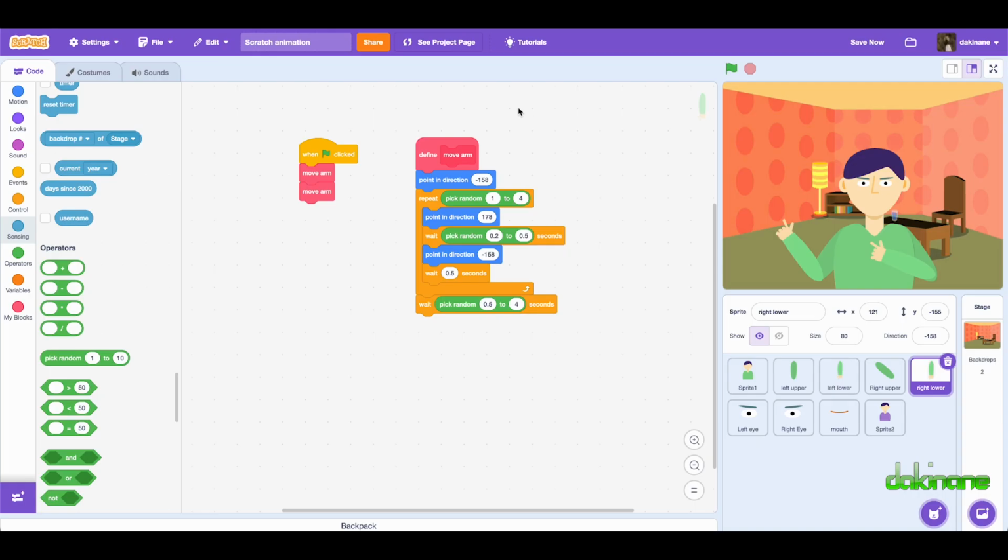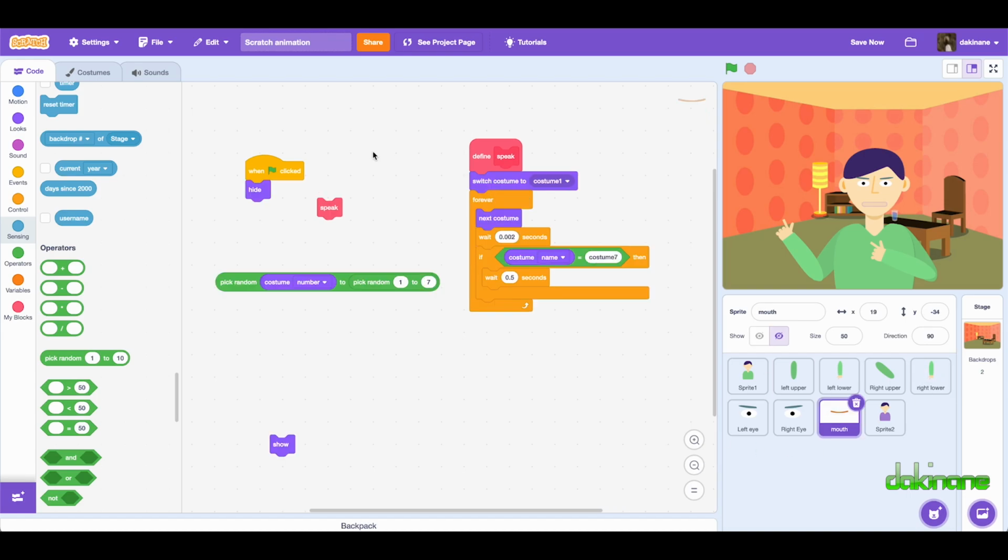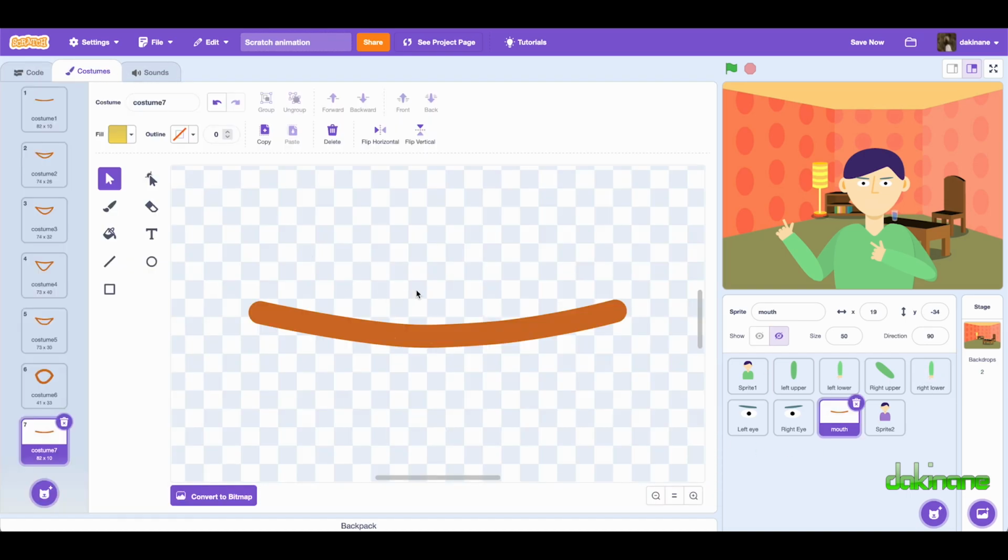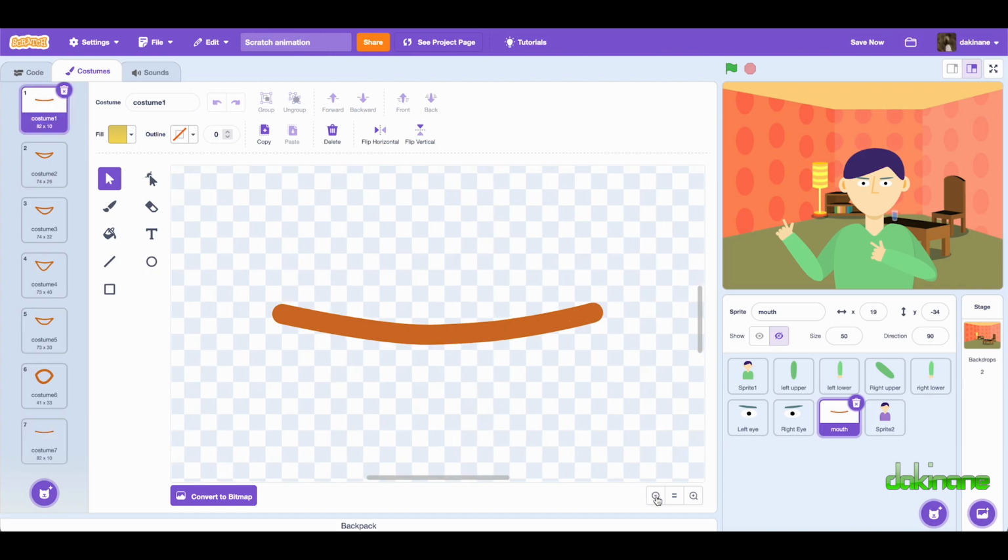So let's move on to the mouth animation, and that's going to work in exactly the same way as the eyes, although syncing this with speech is going to be a little bit more challenging, so maybe we'll just gloss over that. Click on the mouth sprite here, click on the costumes, and you'll see that I've created a sprite